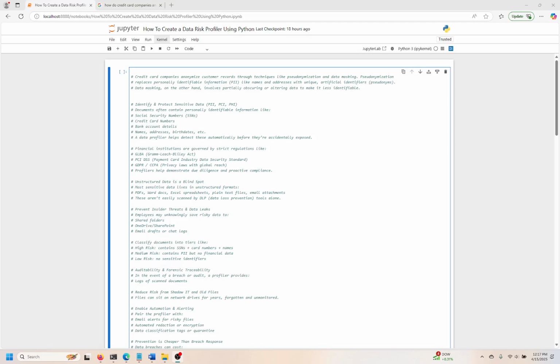So today I want to talk about how to create a data risk profiler. We're going to use Python, of course, and I think this is a pretty cool exercise and very practical too. This is a way that you can scan through a whole bunch of files. You can imagine files stored on a network drive at some type of corporation, scan through the files and then see what the contents of the files are and look for specific types of things that could be somewhat risky